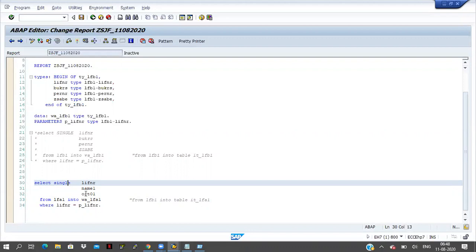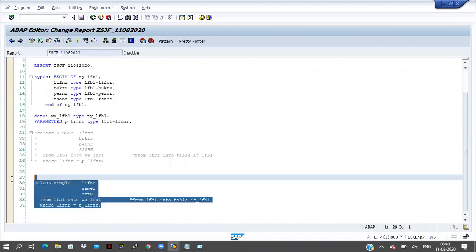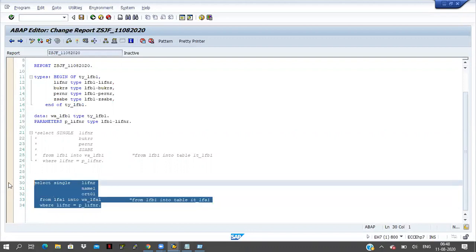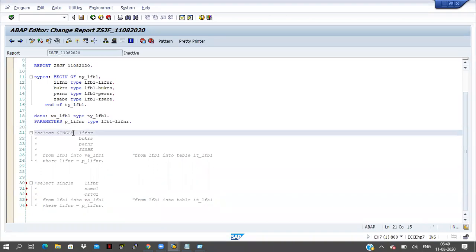But if four key fields are in the table and I'm passing the where condition for two fields only, at that time you should not write select single.